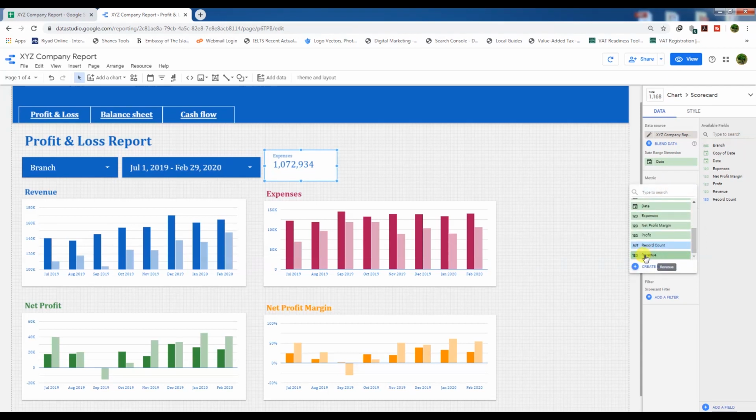Then we need to change the default date range. It is on auto. It means this value is as per July 1 to February 29 for the whole year or 1 year. What we need to do here, we need to go to the custom and we need to select here